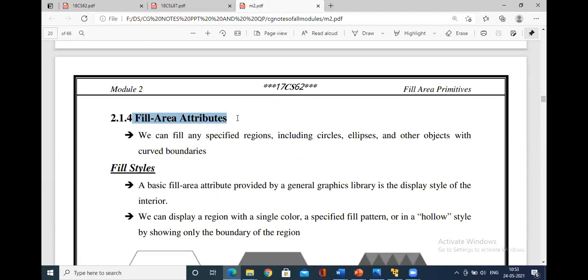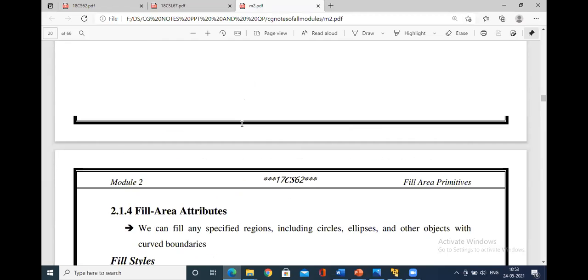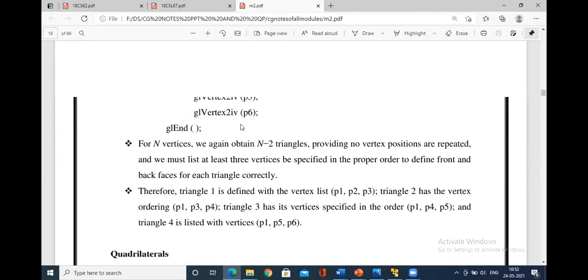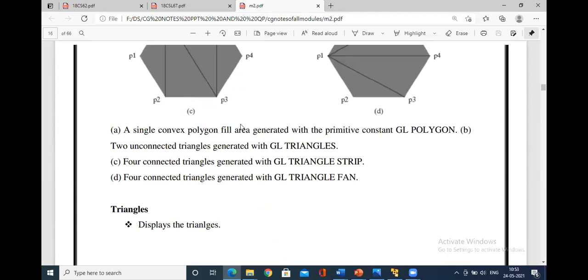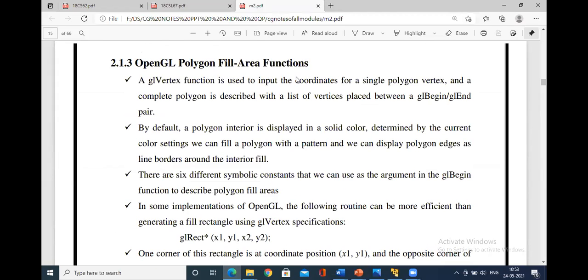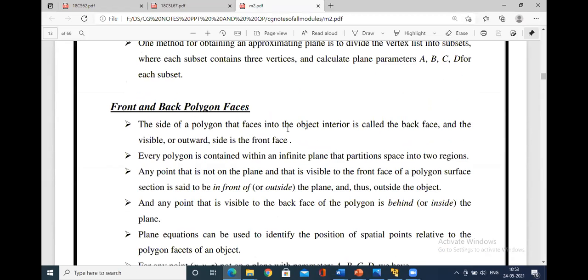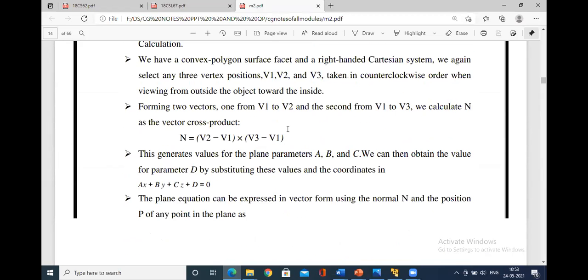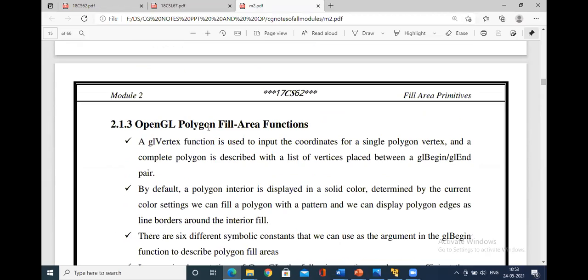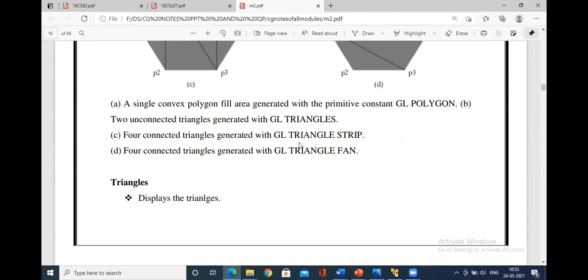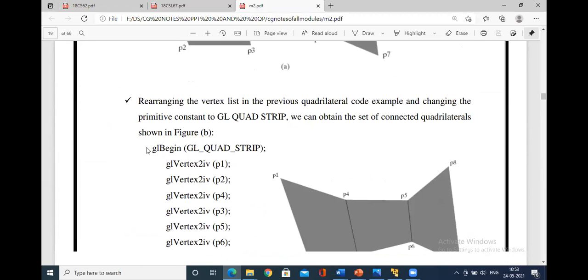Remember what all the OpenGL fill area attributes are. Fill area attributes are totally different. If this is the asked question, you have to explain the concepts of various primitive functions. That is this one: OpenGL polygon fill area functions. Fill area functions are different from these functions.